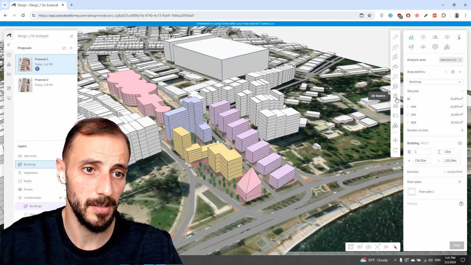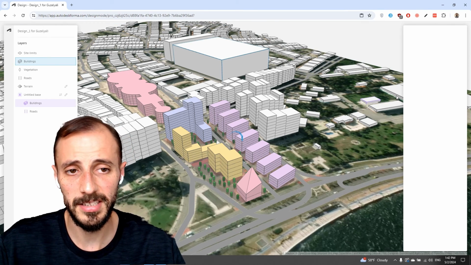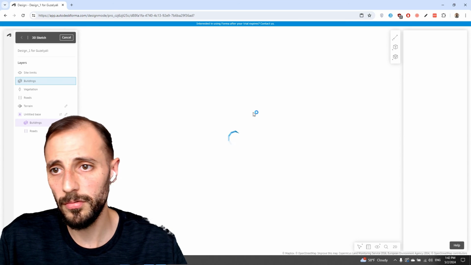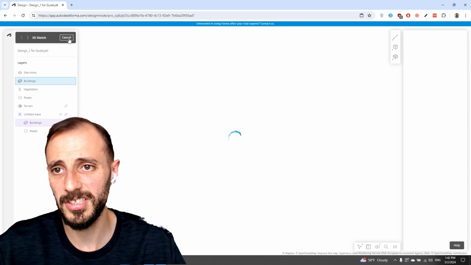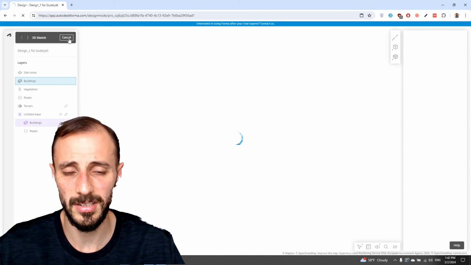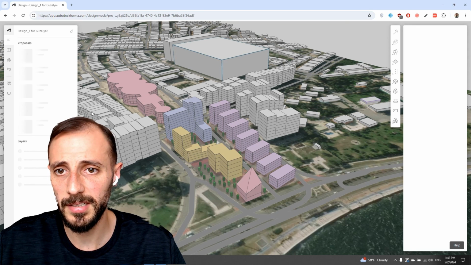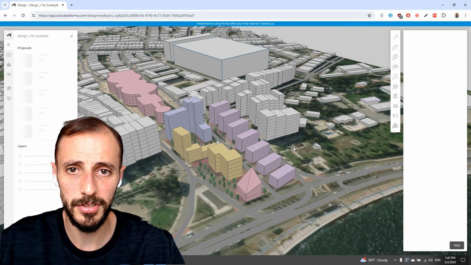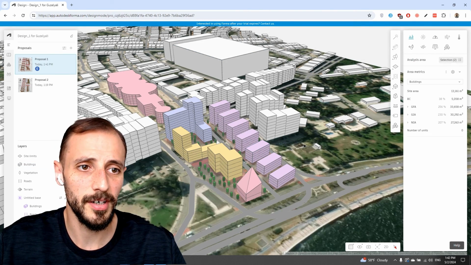That is basically how we can also create a 3D sketch, which is, by the way, this one as well. This is the same thing. When we click on this, then that menu will show up, but it's going to take time, so I'll just say cancel to this because I don't want to take your time. And this is proposal number one. The previous one is proposal number two. So these are the two proposals that we are going to work through,